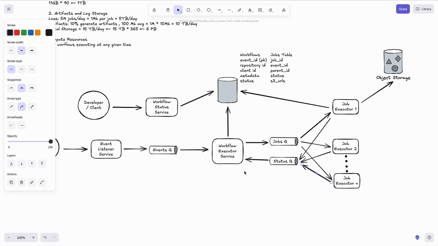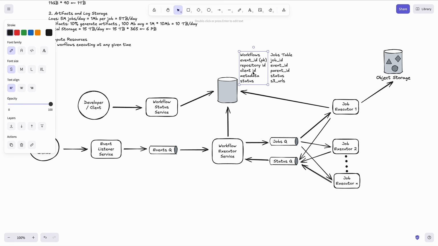First, let's talk about data. How do we ensure that different customers cannot see the build logs, source code, or secret keys from each other? The answer is how we design our database. When the workflow executor service writes information about a workflow, it doesn't just throw it all in one giant table. Every single row in the database must have a column that identifies who it belongs to, and we can call it client ID or tenant ID,